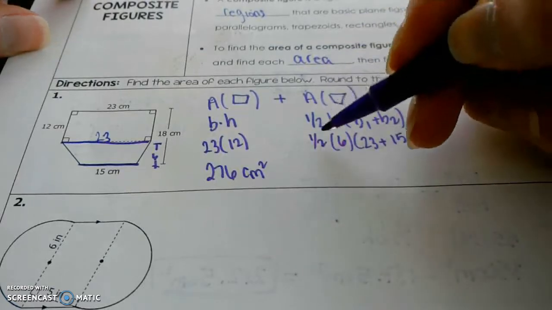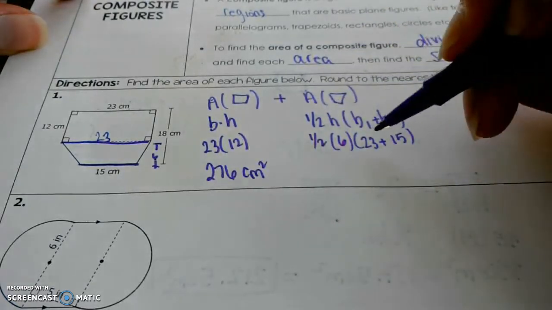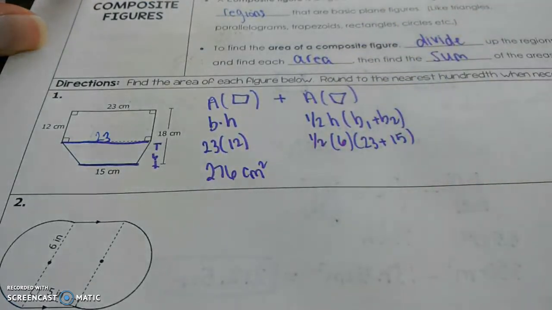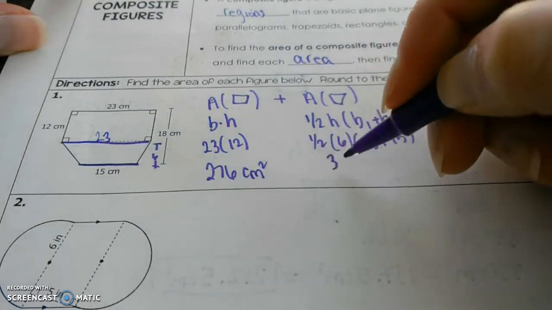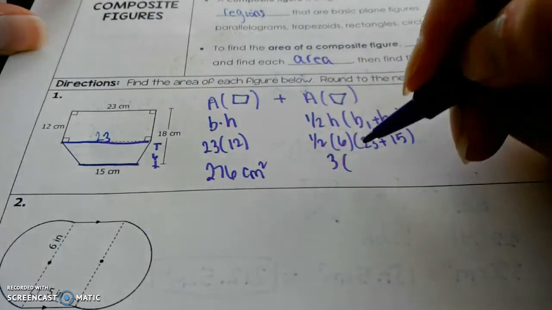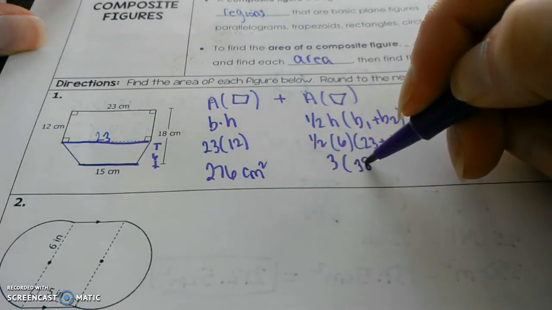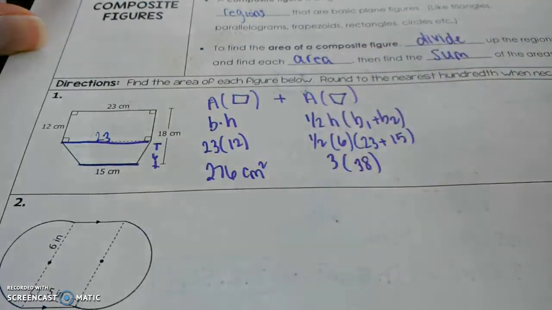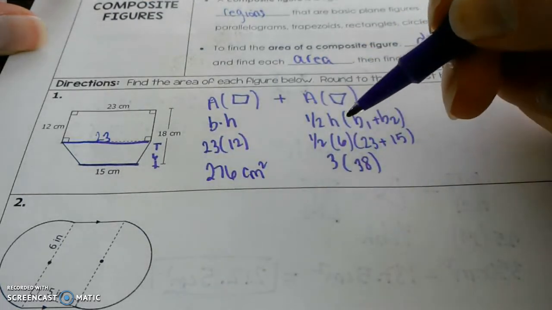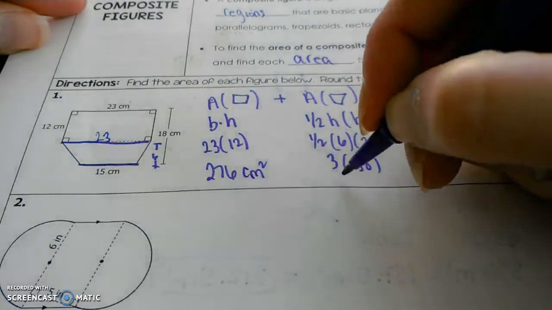So you're going to do 1/2 times 6, and then multiply by what your bases add up to be. So for example, half of 6 is 3. 23 plus 15 is 38. PEMDAS. I added parentheses, and I did a shortcut. I took half of 6. So 3 times 38 is 114